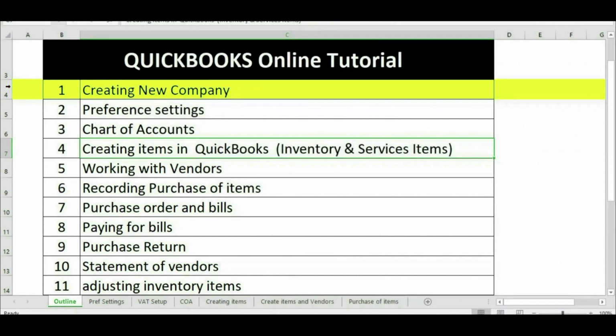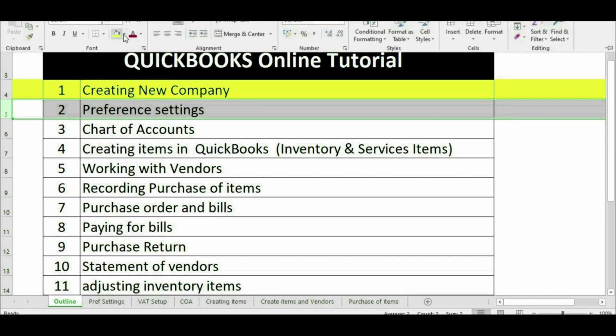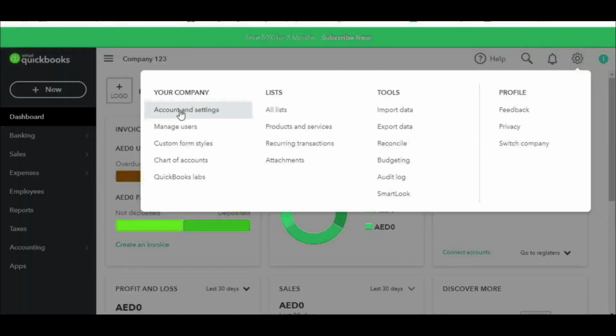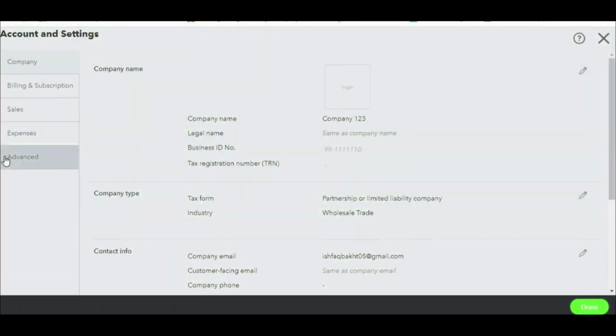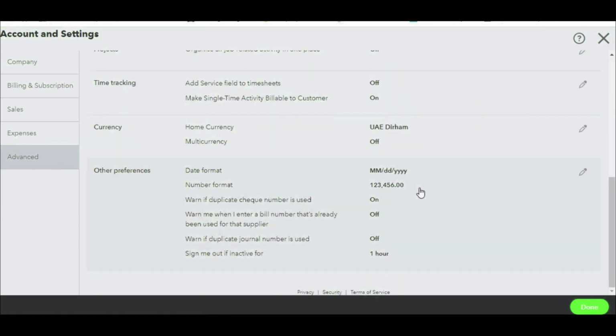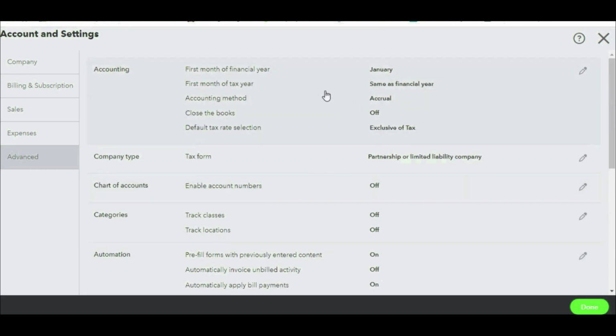Once you have created your company, the next step is you have to do some basic preference settings. So let's go and do some preference settings. First I will click on the gear button, then click on account and settings, then I click on advanced, and from here I will change some basic preference settings. So here you can see that we can set things like financial years, and then